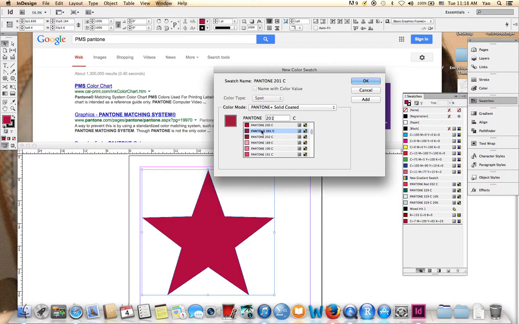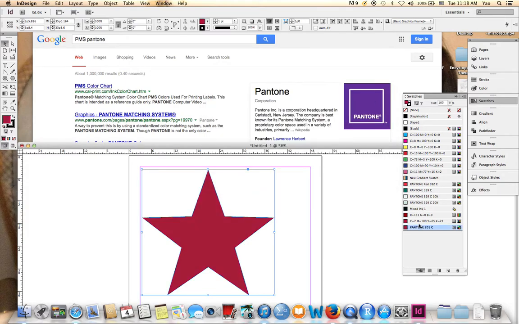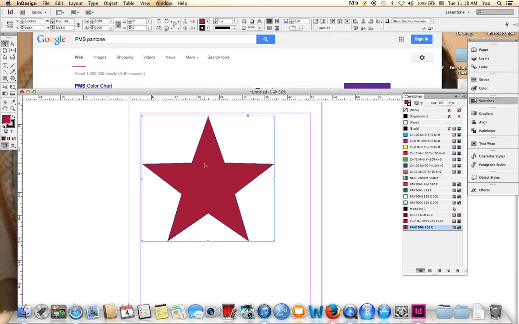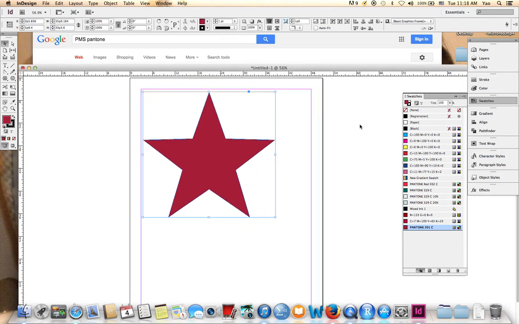Here is 201. So you can see this is the spot color that we're trying to find. Say OK. Now we create a Pantone red, and that's the spot color for USC official color. Now you get an idea of how to use the color panel or swatch panel to create RGB color, CMYK color, and spot color. And when we talk about color, there's another panel that's also very useful, which is the gradient